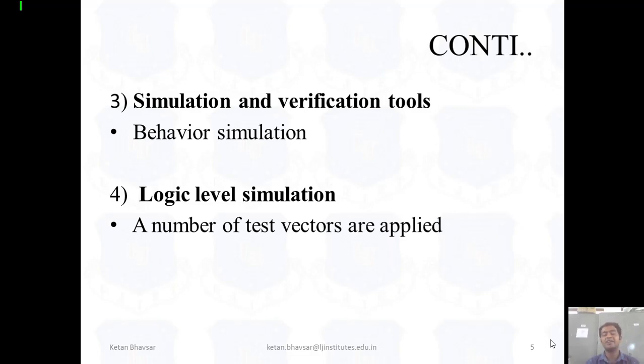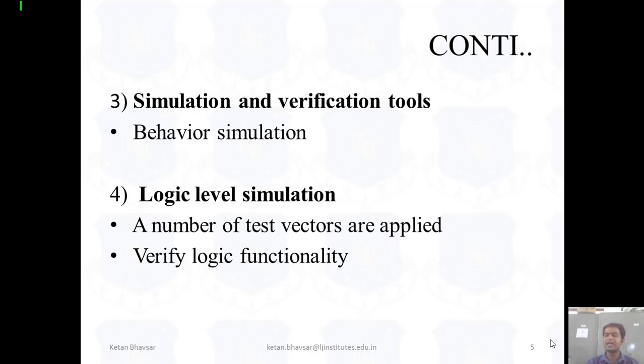It's called verification or test bench. A test bench plays a main role when we are dealing with high configuration data, or with multiple inputs at a time, because a number of companies in India do not allow manual simulation or manual verification. They all allow automatic verification, and automatic verification is possible only with the help of a test bench vector.